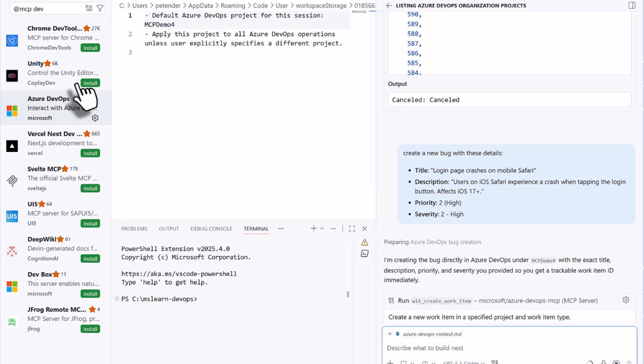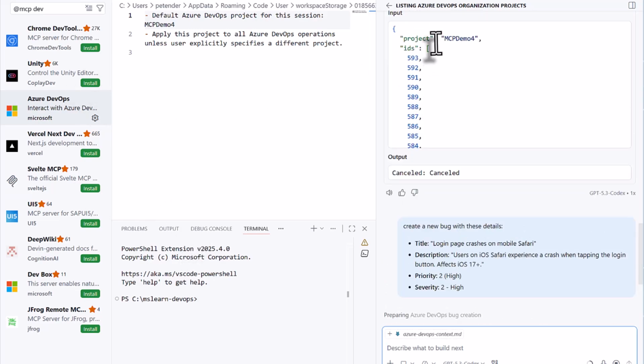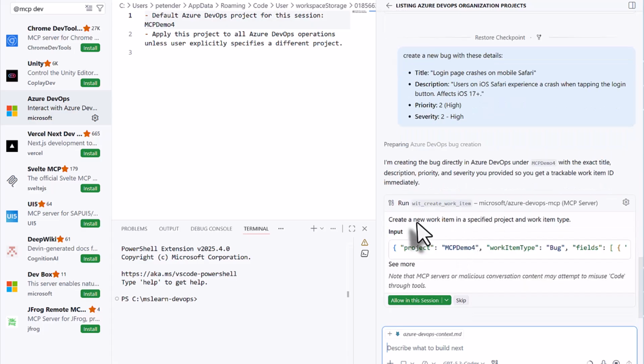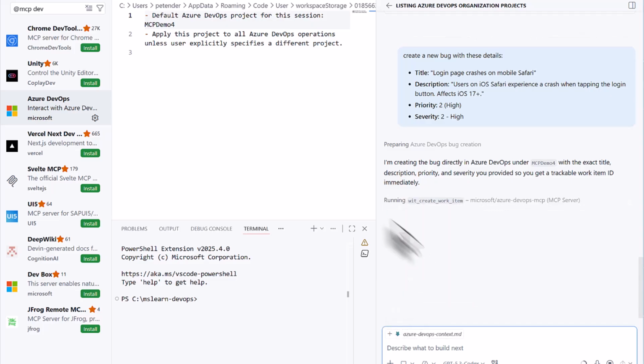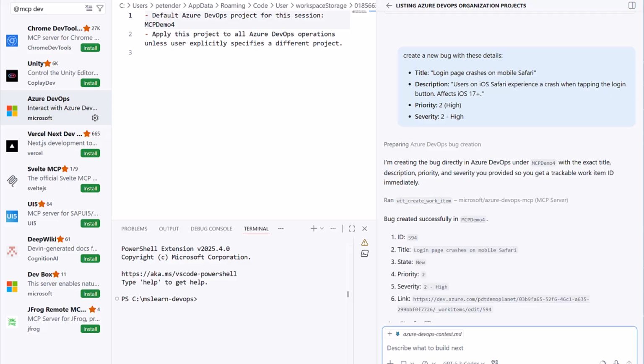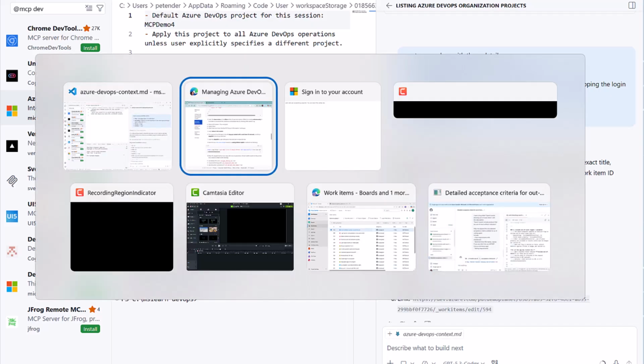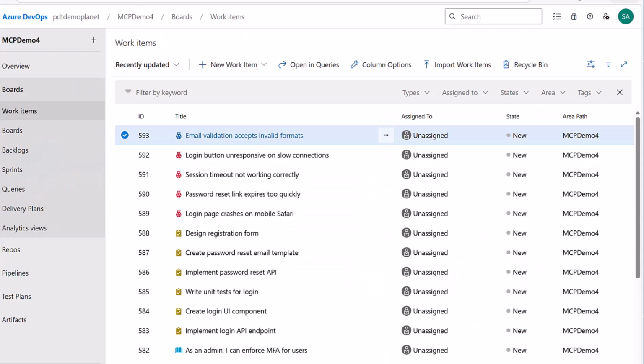So now up here, you could see that eventually it was working on it, but since I was like, yeah, forget about it, I'm moving on to the next task, it automatically canceled. And now it comes back with the tool called create work item. It captures this in a JSON layout. I'm going to confirm, and that should end up in an actual work item. Where now, if I switch to my work item view,